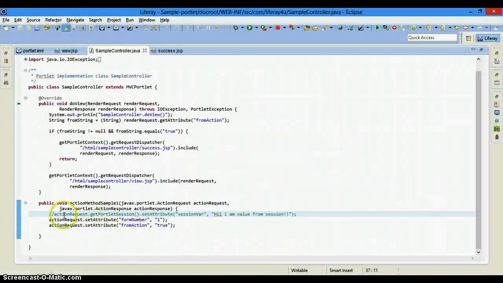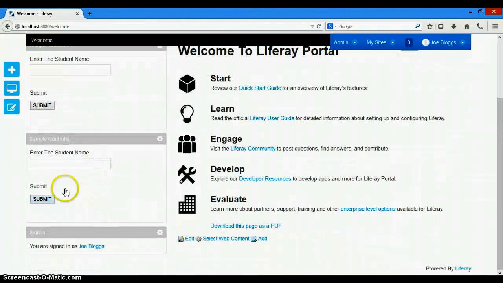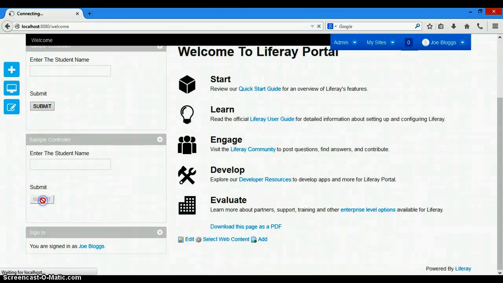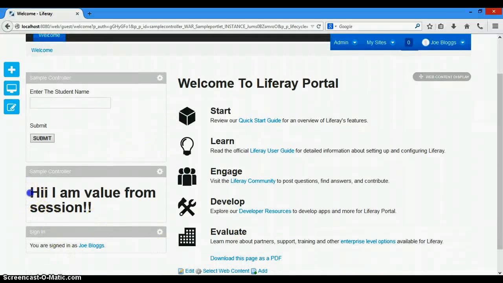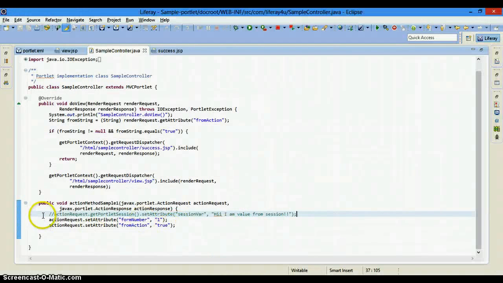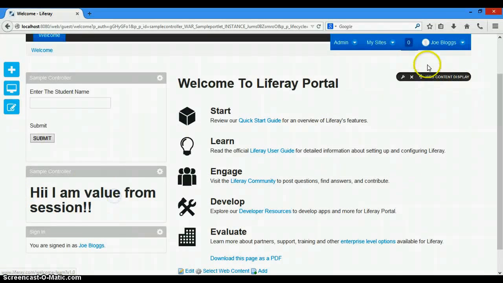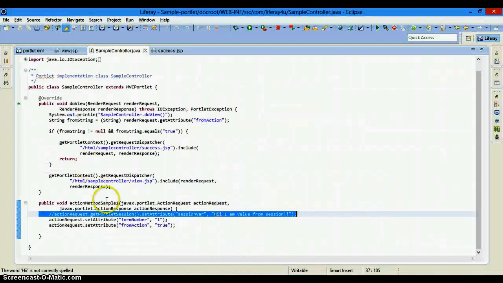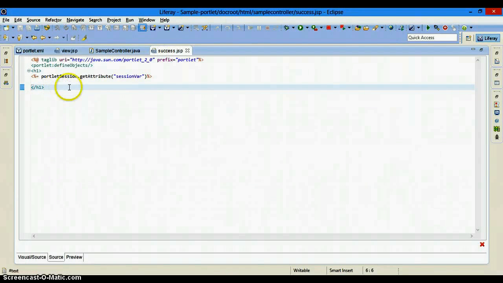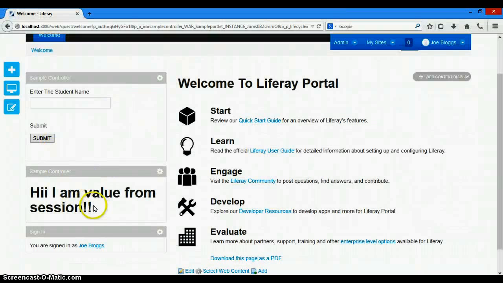So now we have removed this action, we have removed this setting of session variable. We are going to fire the action method again from here. If we fire this, the session values are fetched here, and these session values are in the user session only until the user has logged out. So if I fire an action method from this instance of this particular portlet, there should not be any value in this session. It should be null, because the values are being set for this particular instance only.